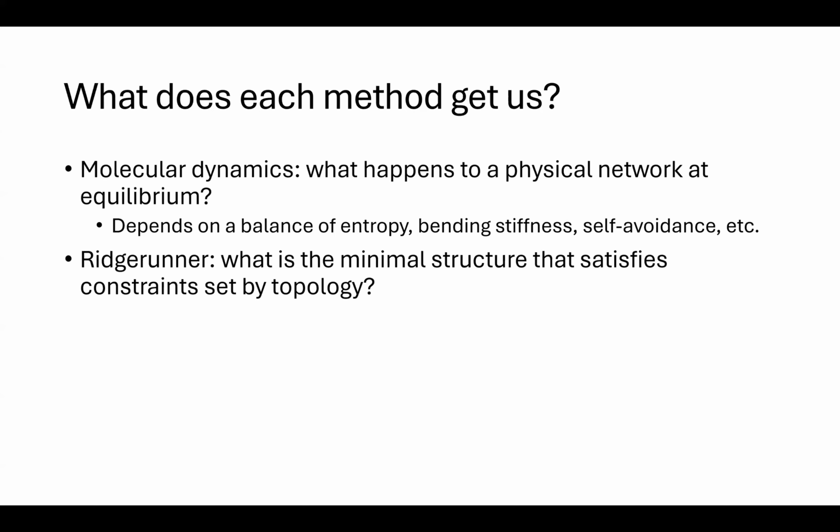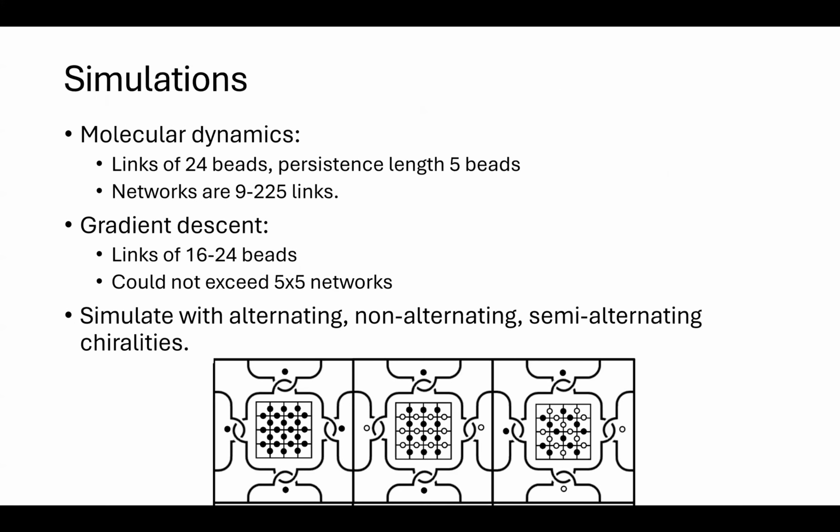So when you shrink one of these chainmail networks, you basically find what is the topologically invariant minimum structure of that network, which I think is useful for seeing where certain features come from. So basically, I simulated these with molecular dynamics up to 15 by 15 networks of 225 links, kind of parameterized to DNA, but more the DNA in the African sleeping sickness parasite, not the one that I study in the lab. And then gradient descent, it's a much less efficient algorithm.